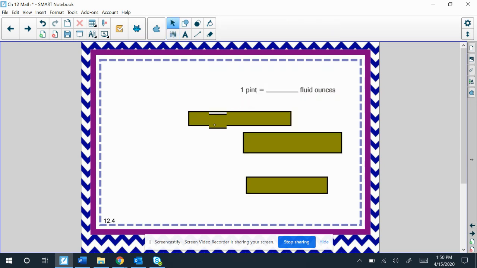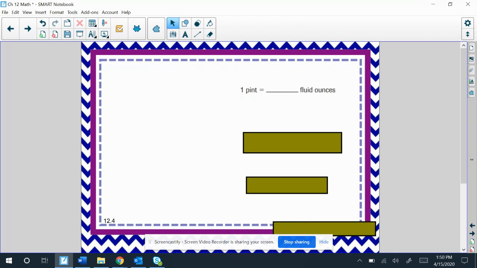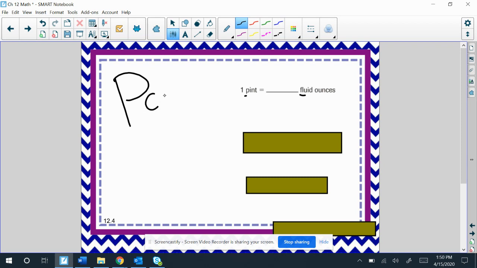Here's the first one. 1 pint equals how many fluid ounces? Well, I'll do this one with you. I know that pints is the bigger one and fluid ounces is the smaller, so I'm going to draw my bigger, and I'm going to go all the way to the smaller unit. I have 1 pint. Each pint has 2 cups, or each princess has 2 cats, and then each one has 8 fluid ounces. Well, 8, 8, and 8 is, if you got 16,